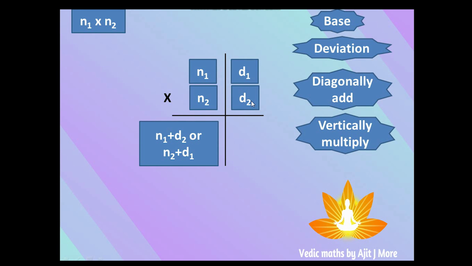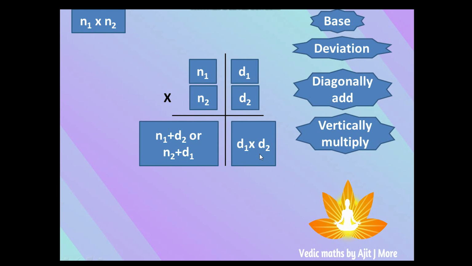That will give you the second part of the solution. Combine this, that is your answer. Isn't it easy? Yes. Only the care to be taken is that in the second part, how many digits will be there? In the second part, there should be as many digits as there are zeros in the base. Make note of it. If your base has three zeros, the second part should contain three digits.